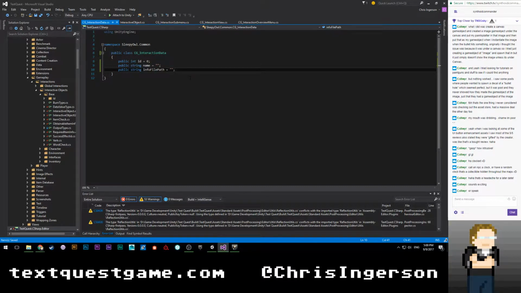And what we'll do is we'll say if the info file path is empty, then we're going to have a second array of actual built-in interaction information. That's part of the main save file. So anything that's not imported from a file will instead be written into the main save file. That way, we can actually keep that information going around. Now, if we do that,